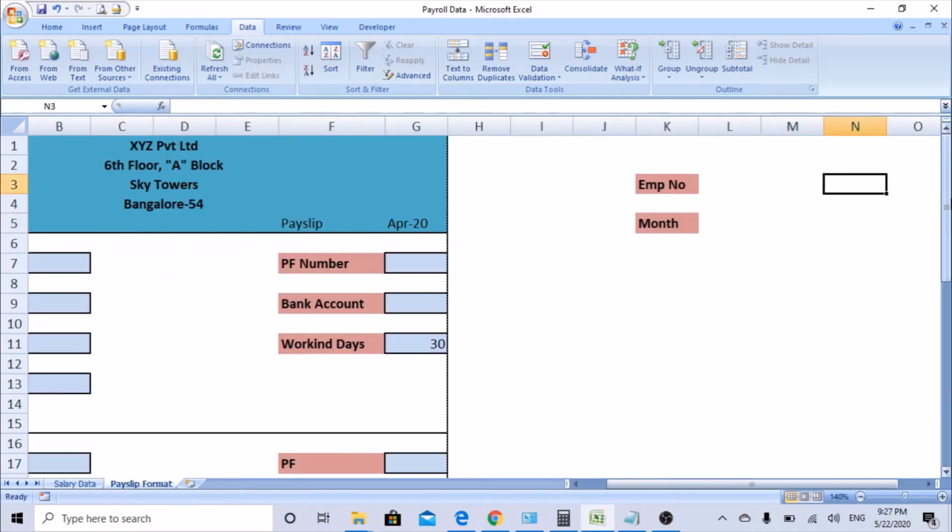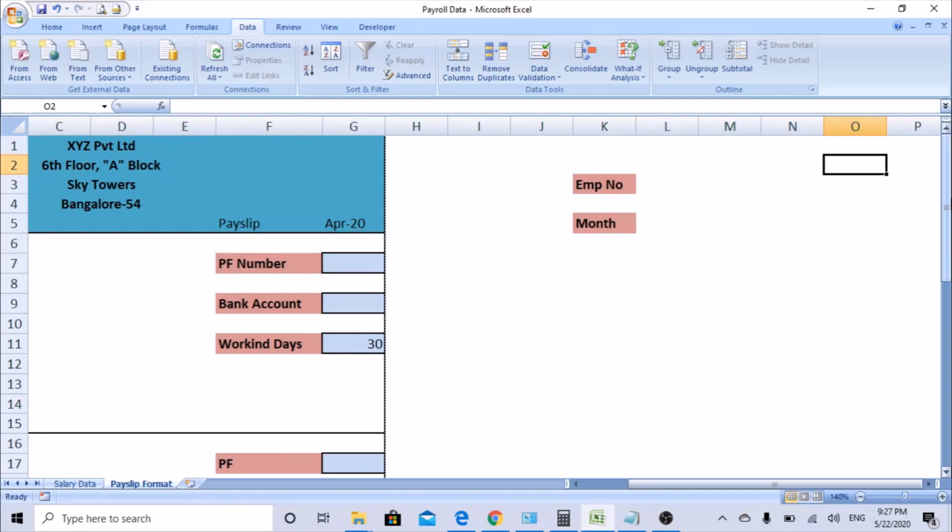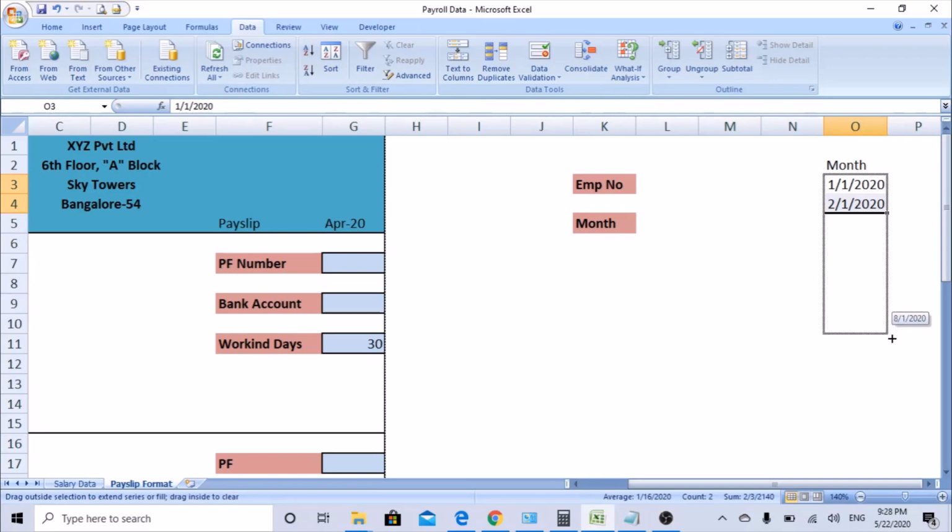Now we need a month. For month, create a column somewhere here and start from January, 1/1/2020. Copy the same thing down and add the February month too. If you select and drag it down, you can see the months change till December.